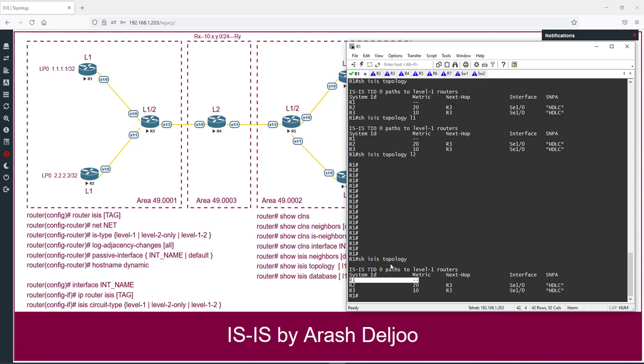But R1 knows that it is connected to R3 with a metric of 10. You know that in ISIS by default every interface has a metric of 10. Because of that, the metric between R1 and R3 is 10, because we have only one link. And the next hop is R3. This means that to reach R3, I have a metric of 10 and the next hop is R3. I am connected to R3 from the view of R1, over my serial 10 interface. This is my interface, serial 10. This means that I can reach R3 directly with a metric of 10 over the serial 10 interface,